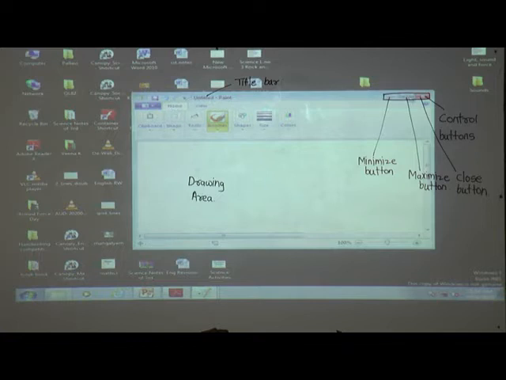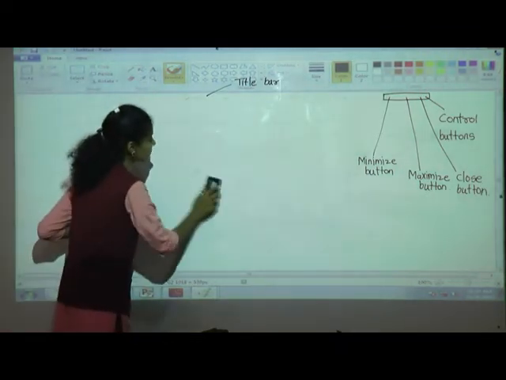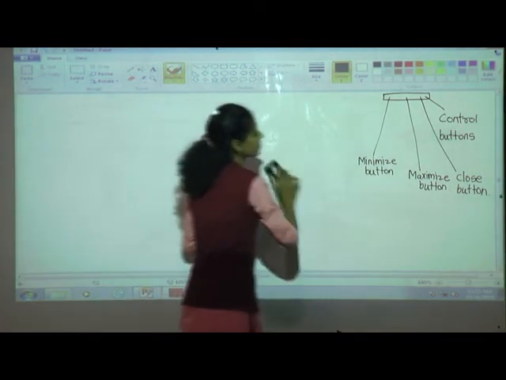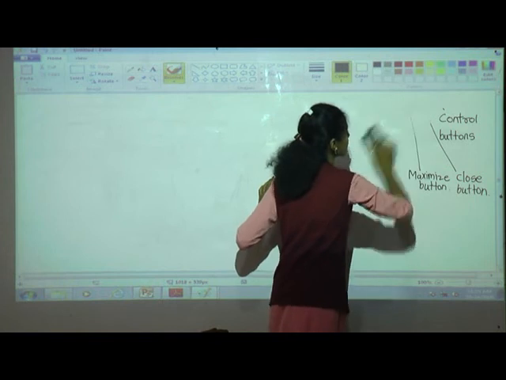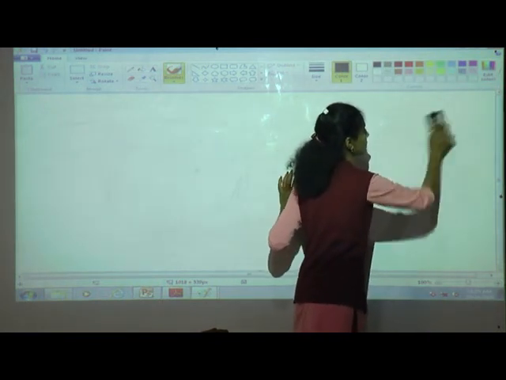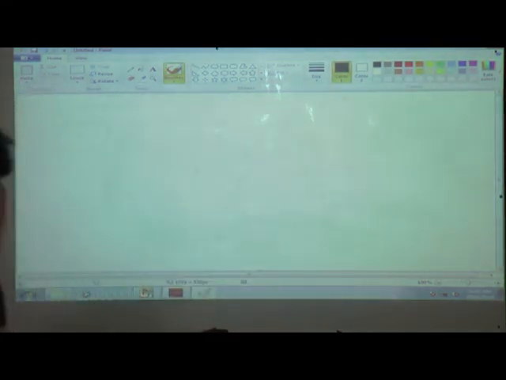Now we will see how to draw in Paint. How to draw in Paint?